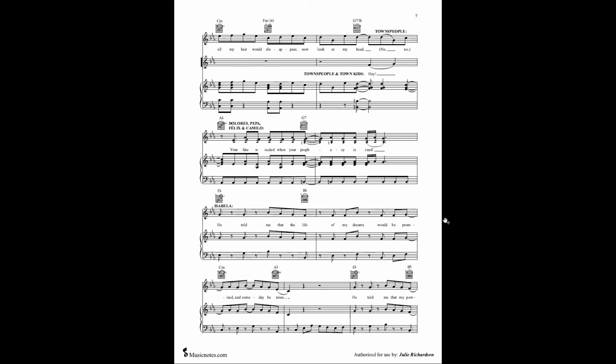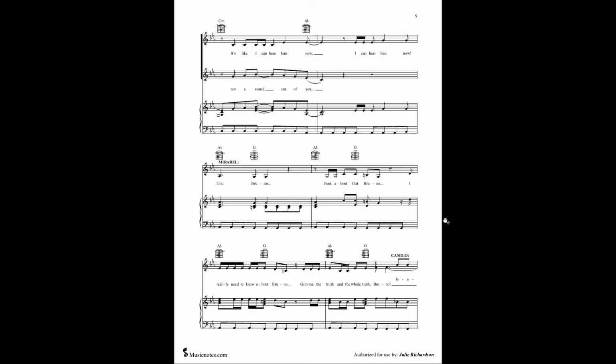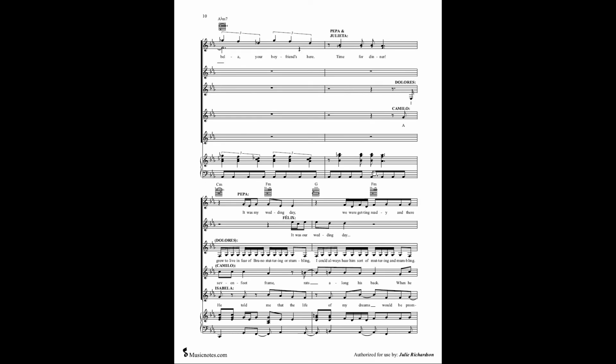Let's move right ahead to the polyphonic section itself. I want you to note that all of these actually start at a different place in the bar. So Camilo starts first, then Dolores, then we have Isabella's right on the downbeat, then we have Peppa, and then we have Felix. So each one of the 5 people comes in at a different time, so you can hear each of those independently